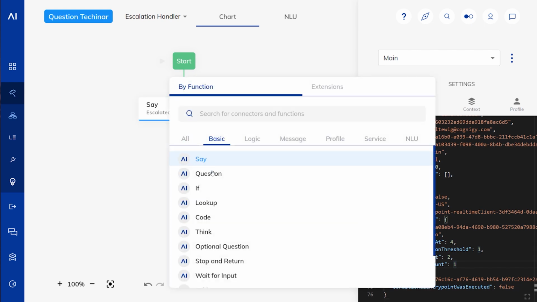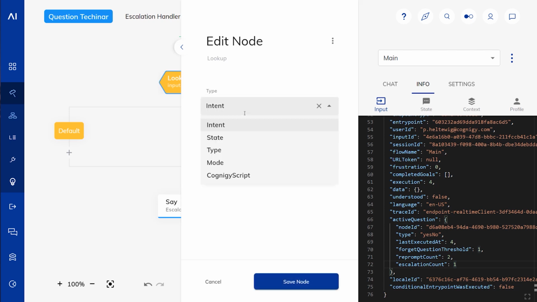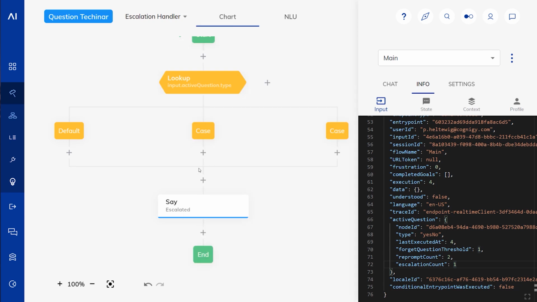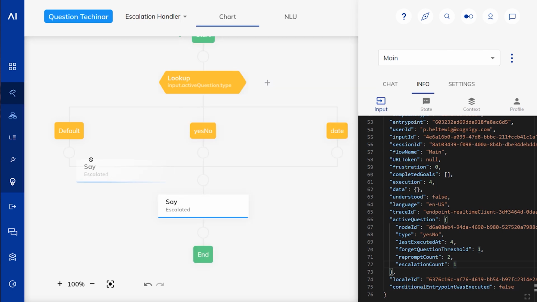So one thing we could, for example, do, we could put in a lookup where we say, what active question is currently there. So we say input.activeQuestion.type, for example. And we say, okay, if it is a yes/no question, we're escalating in this way. If it is a date question, we're escalating in a different way.